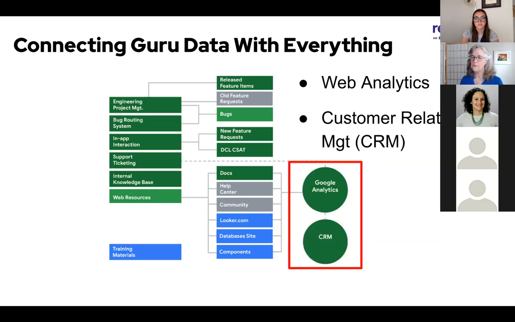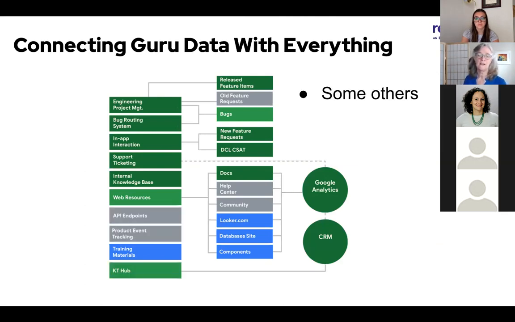For all of the websites, we can actually see the web views of it because we've hooked in Google Analytics to understand what's going on, and our customer relationship management software. If we know who the person is, we can tie it back there. And there are a few other things, including one that ties in more directly to our customer resource manager.